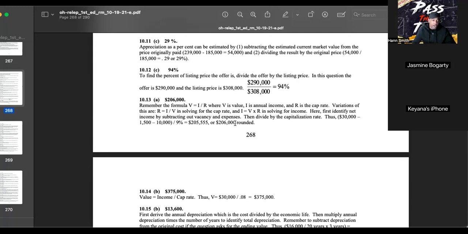Right? Now you can play around with the expenses. Okay, what if we had more expenses? What if we had less vacancy? You could play around with these things, but a lot of these things are objective numbers. The expenses for a property, you can take a 3-year trend and come up with an average. You can use the actual expenses, but really what you're supposed to do a lot of times is get a 3-year trend of the property, figure out what the expenses are, figure out what the vacancy and credit loss is, and use a composite number from those 3 years,